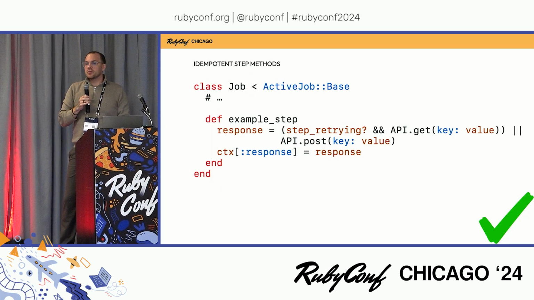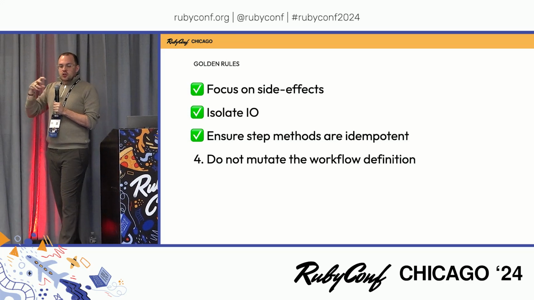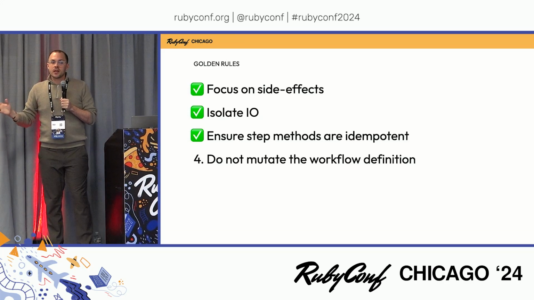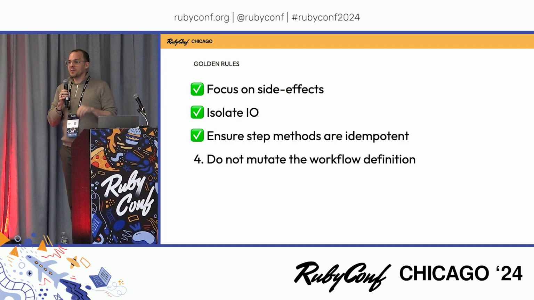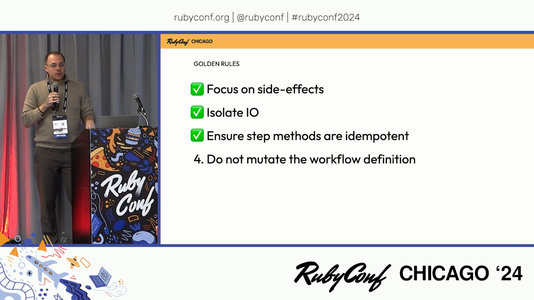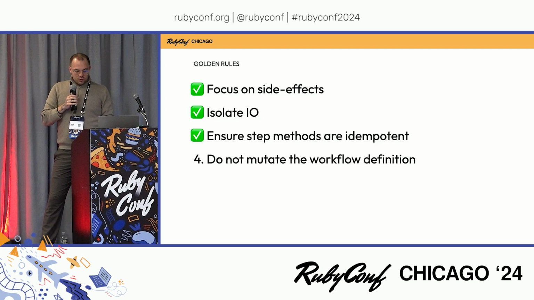Sometimes you're going to have to do 2 API requests to make sure you don't create 2 resources. But by ensuring that your step methods are idempotent, the composition just follows. Your job will be idempotent if you're using a workflow engine and it's performing correctly, which it does. That is a natural guarantee. But if you are using a workflow engine, one thing that is true, and it's worth